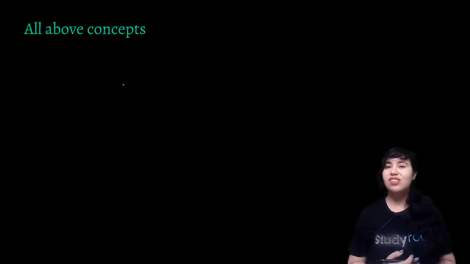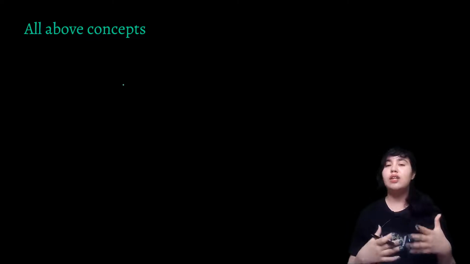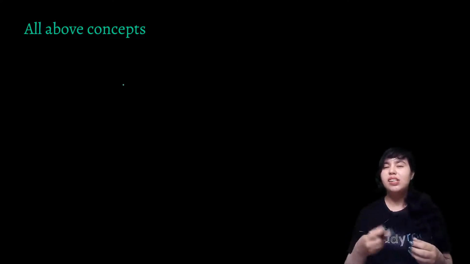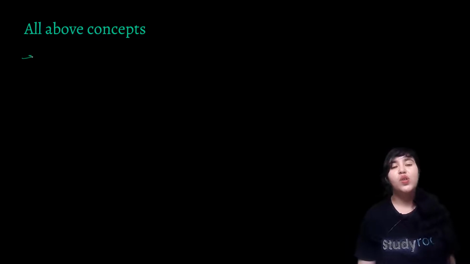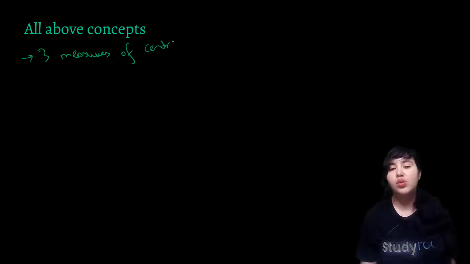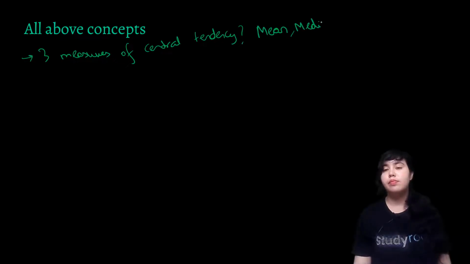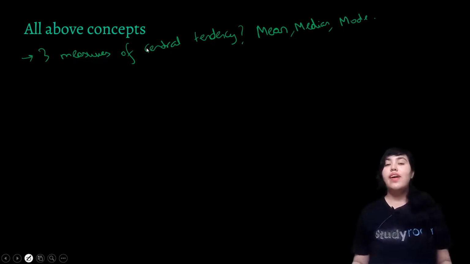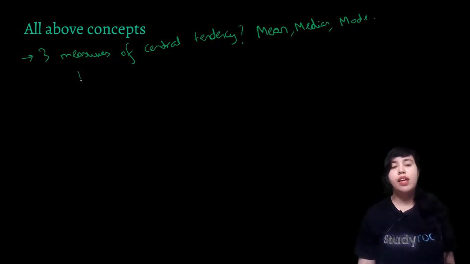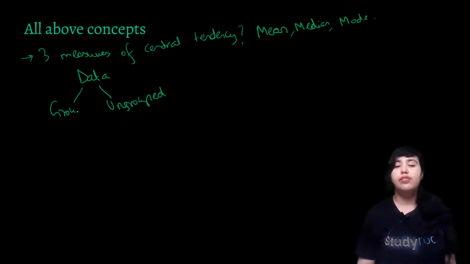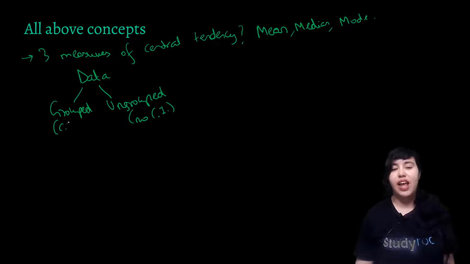What do we mean by measure of central tendency? It refers to a value which helps you make sense of your data by hinting at some central value of that data set. So we discussed three measures of central tendency, if I'm not wrong. So quickly tell me those three measures, what were they? So they were mean, median and mode. Now everything in statistics starts and ends with data, and this data can be of two types. What are those two types? Ungrouped and grouped. How do we identify? Ungrouped data will not have any class intervals, but grouped data will have class intervals.